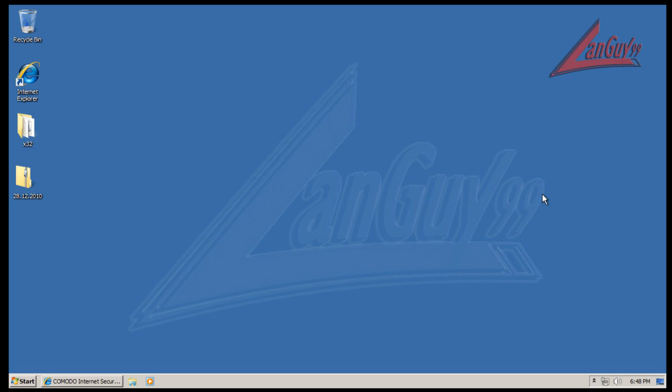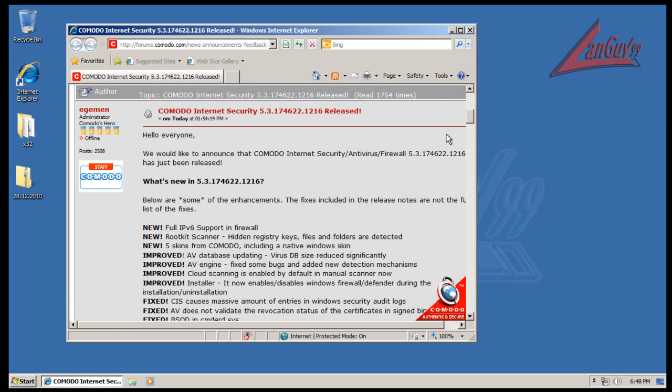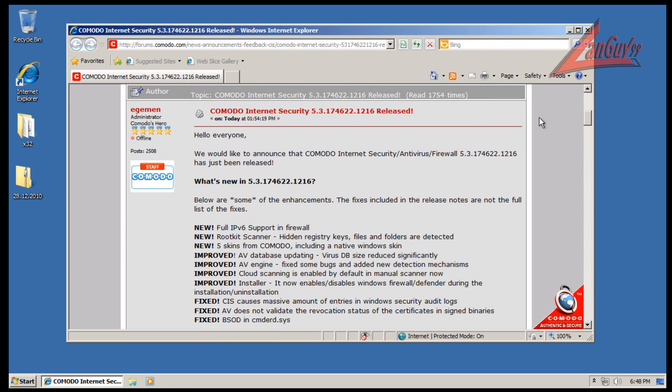So tonight is my continuation on Comodo Cleaning Essentials. This is going to be part 2, and the reason I waited so long is because they were having some troubles getting DAX up and running. You know, it's still beta, so we might find some problems tonight, we might not. We'll see what happens. First thing though, I want to say that a new version of Comodo Internet Security has